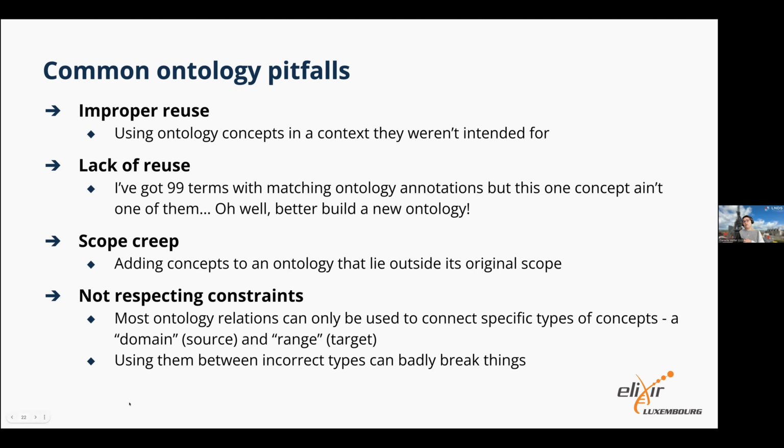So when you're recording your facts in ontology world, usually every type of relationship is restricted to linking specific types of contexts, or what we call a domain and a range. If you break that and you start linking things together that are not supposed to be linked together under this relationship, your reasoner gets very unhappy, or even if yours doesn't, reusing ones might get very unhappy. Again, there's lots of cool tutorials around this where you can test this knowledge, but just to give you a bit of a hint, that is another really common one. And you see it even in ontologies that have been published, and it just breaks things.